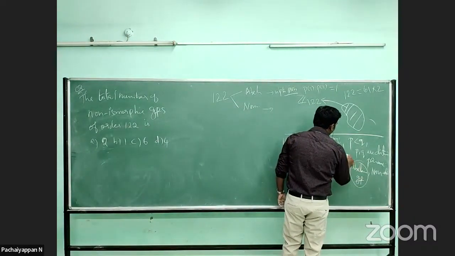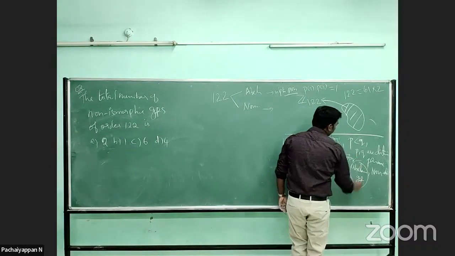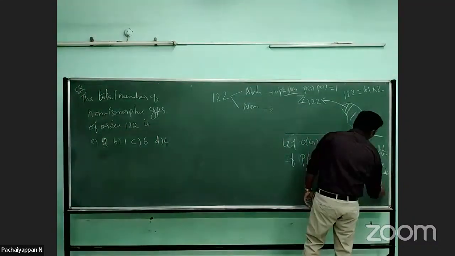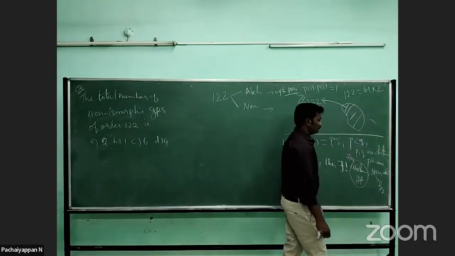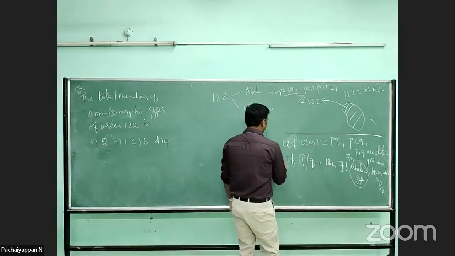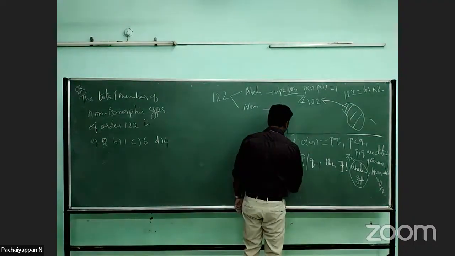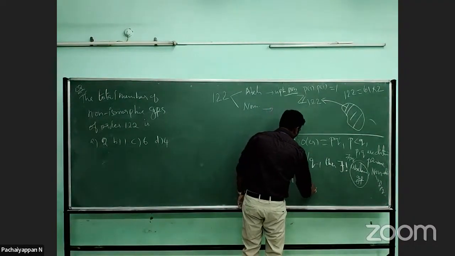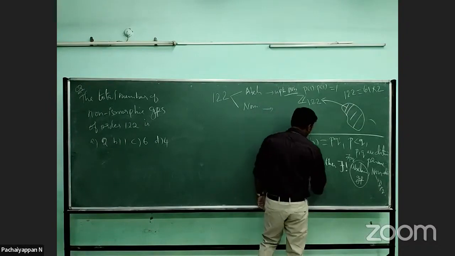One is abelian means Z_PQ. Non-abelian means D_PQ. D_PQ, that's all. Point number 1. Point number 2. If P does not divide Q minus 1, then